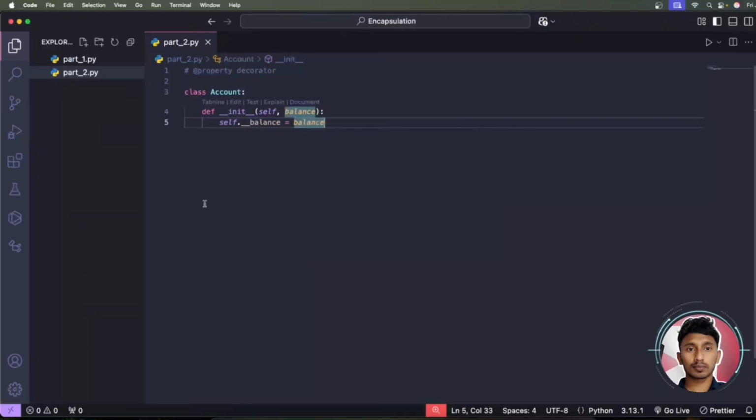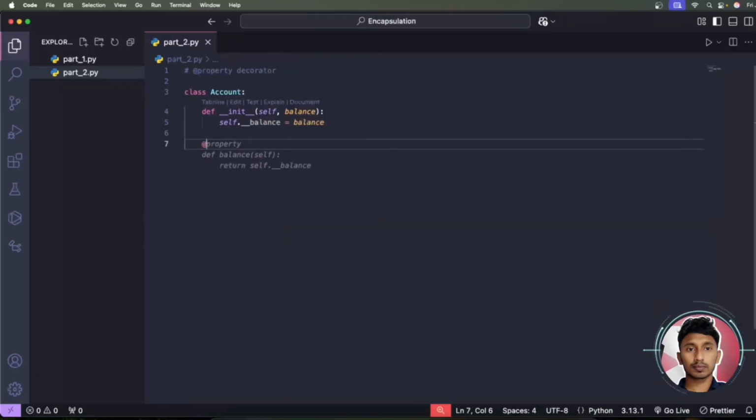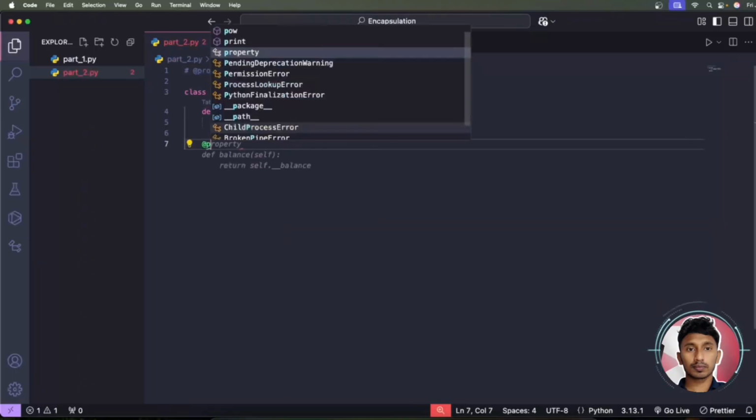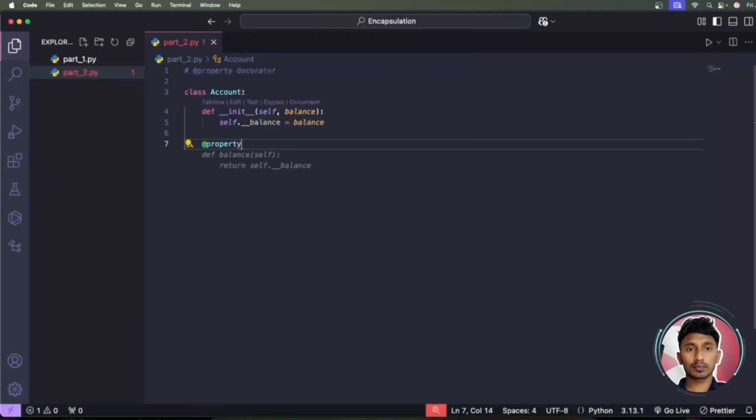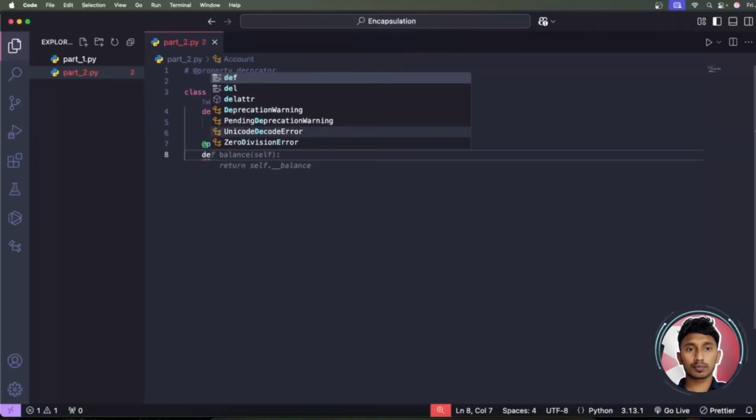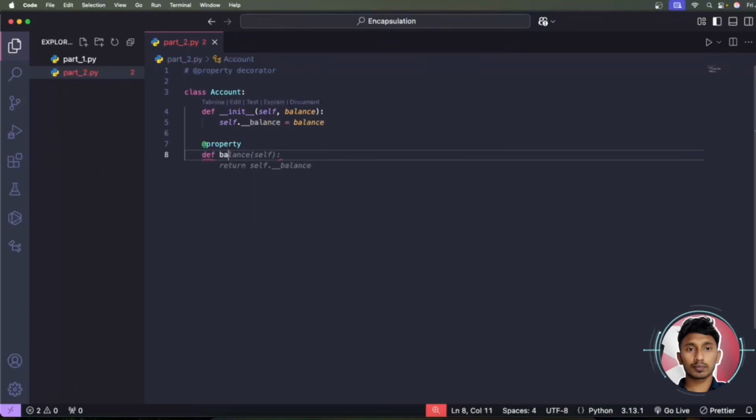So my target is the property decorator, and this will give access to the private attributes. That means it gives access to these private attributes without explicitly calling the methods. For example, for doing that, here we define the @ sign, then we call property. After that we define a function, that is a method, balance,